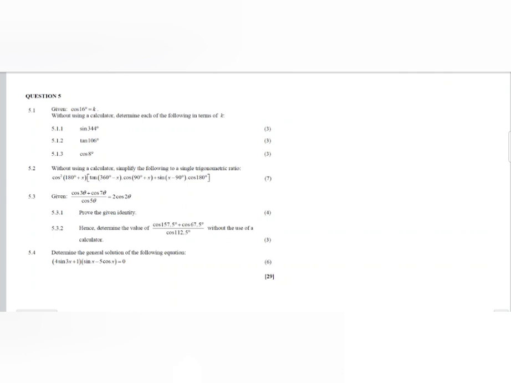Okay, let me try question number 5.1. This is a very usual question. 5.1, what is given? Cos 16 degrees is equal to k. So here the given angle is 16 degrees and this angle is less than 90. It's an acute angle. So you don't need to draw